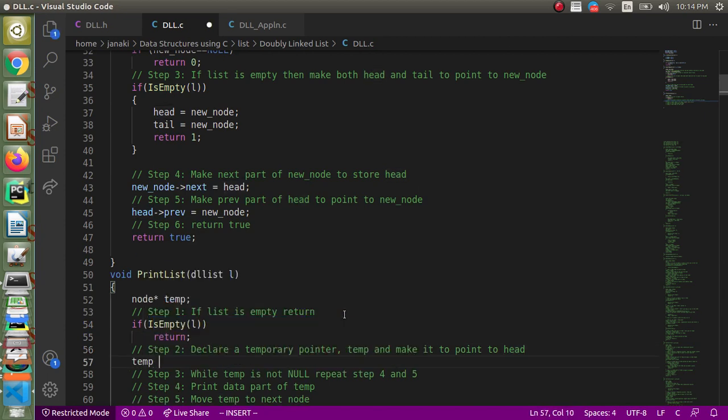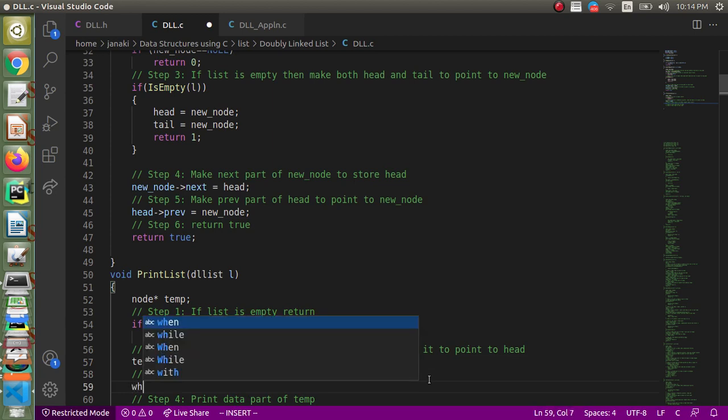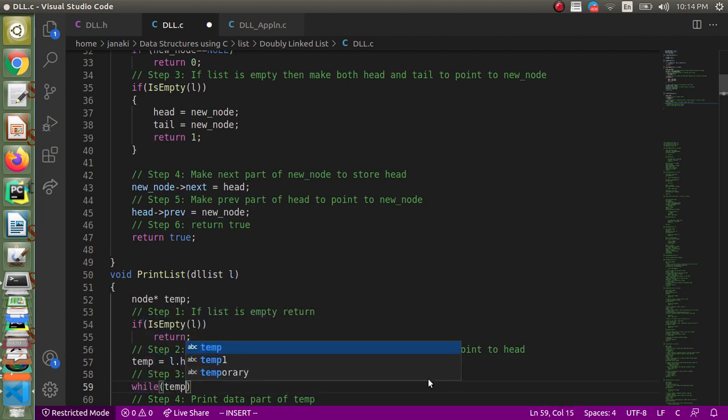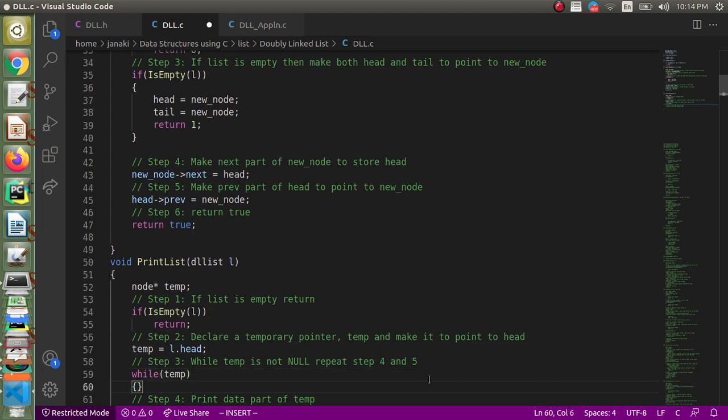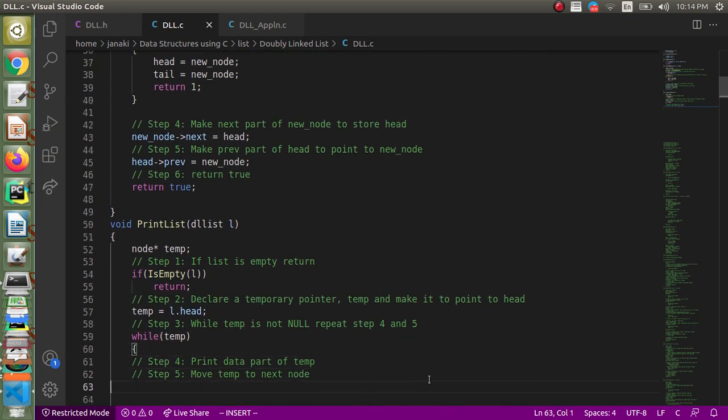Temp equal to head of L, L head, and while temp is not equal to null. We can simply say while temp, because when it becomes null, null is false. For pointers null is false, so automatically this boolean value will be false, right? So we can simply say while temp.